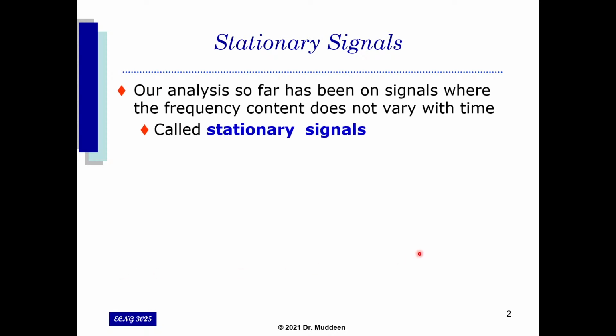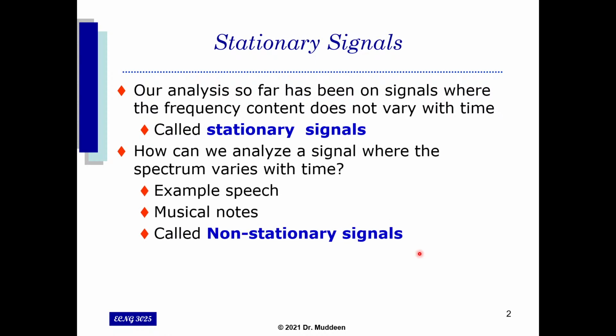So far, when we've been doing the fast Fourier transform, the FFT, we've been doing it on entire signals, where we had all the signal content to begin with, and we could just perform the FFT for the entire thing because it's referred to as a stationary signal where it does not vary with respect to time. Basically, the FFT works well for stationary signals because you have all the content of the signal up front. But when you're dealing with real-time signals, which are referred to as non-stationary signals, where the information comes in time intervals,